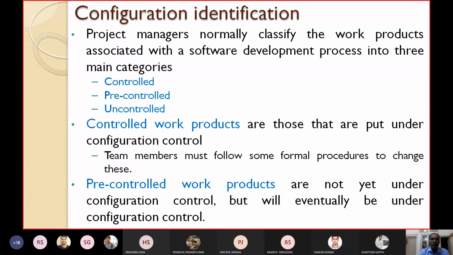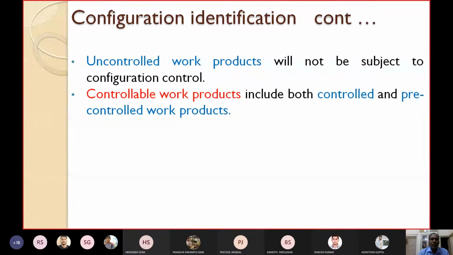We call them pre-controlled work products. What are uncontrolled work products? These are products that will not be subject to configuration control, not right now and not in the future. They are known as uncontrolled work products.